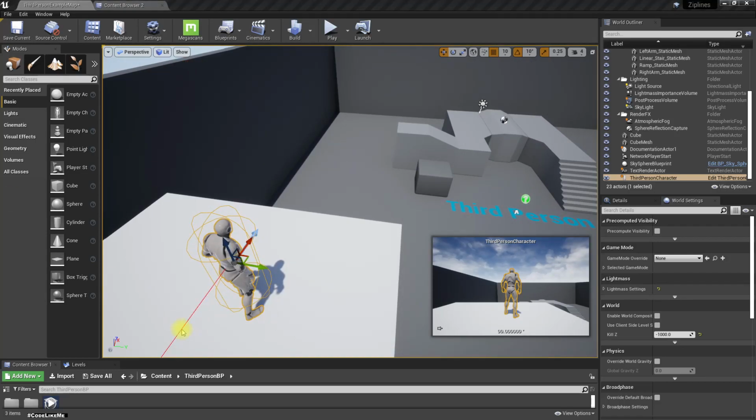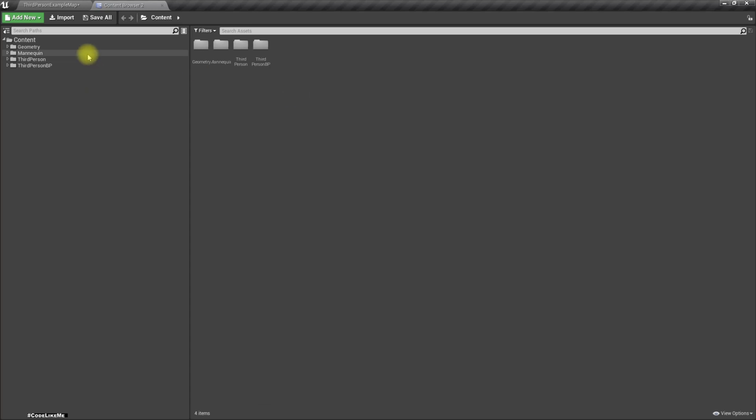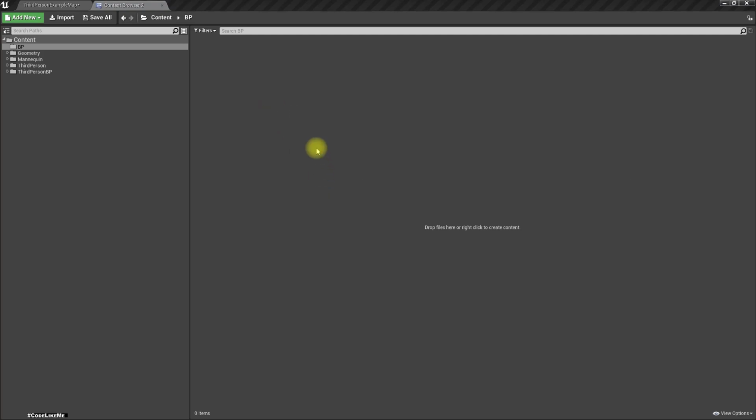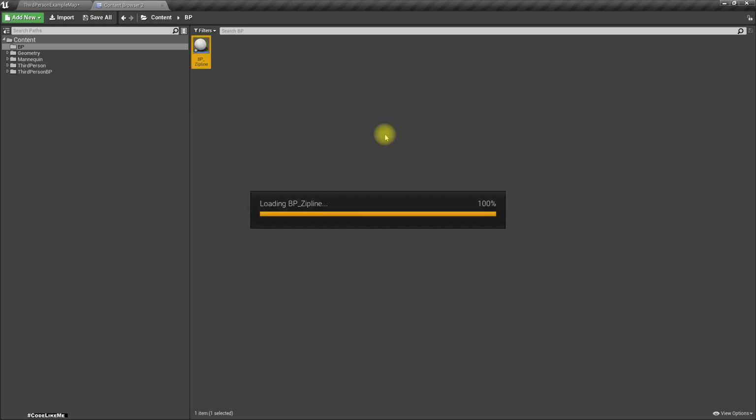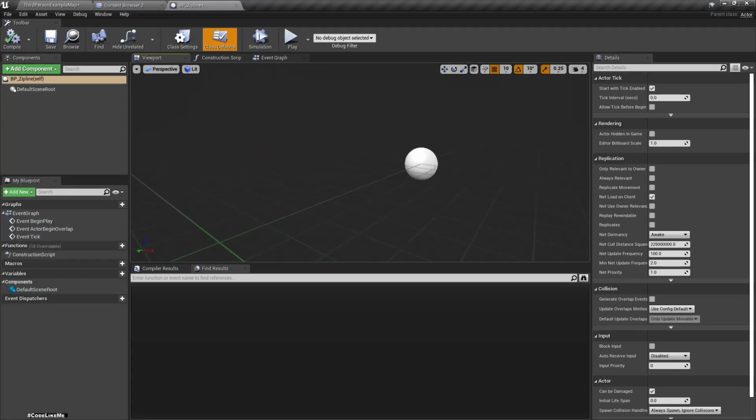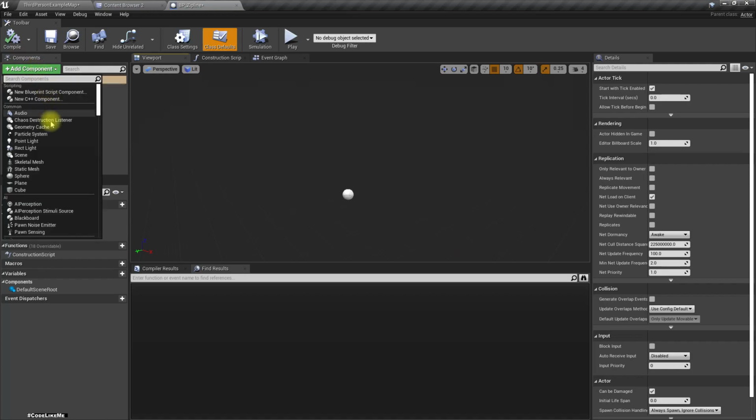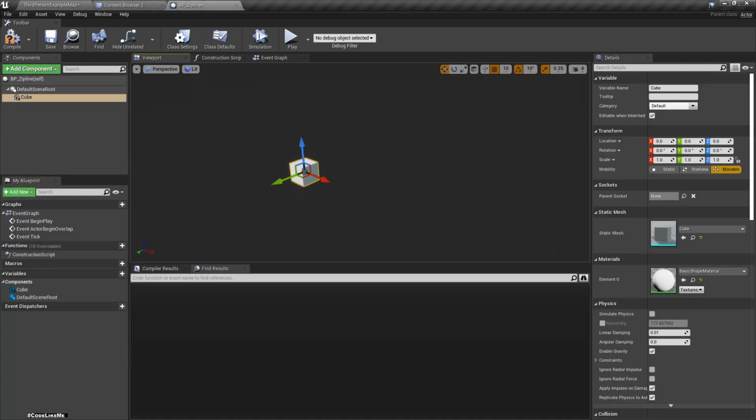Okay, now we need a way to define the zipline. So let's create a blueprint for that. In the type of actor, let's call it VP zipline. Now we need two objects, one for the start and one for the end. Let's say this is the starting object. I'll make it like this